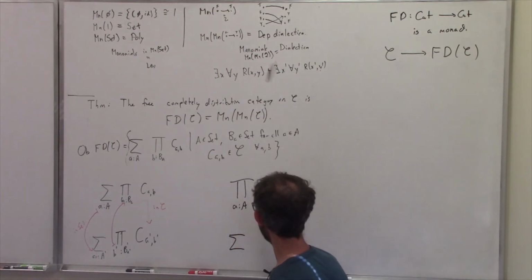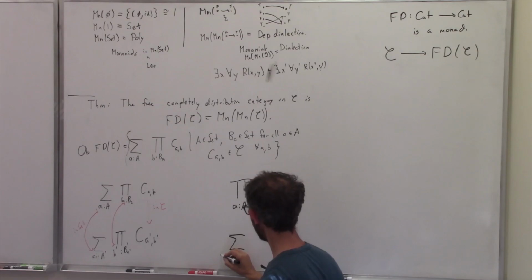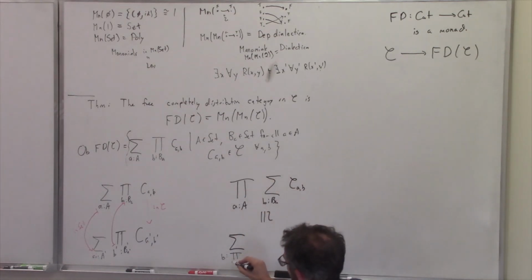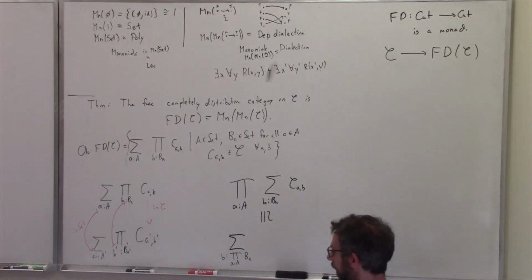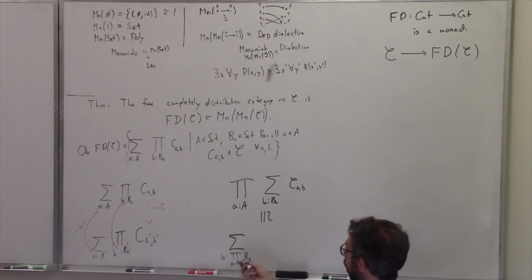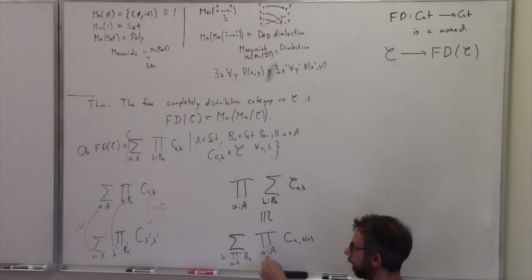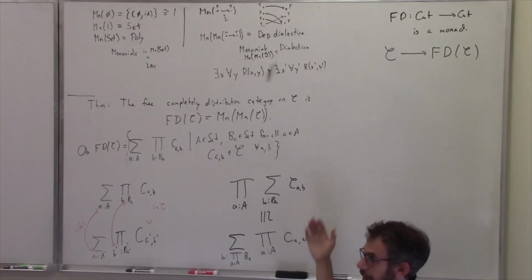As long as these are sets, A and B(A) are sets. So now we just have to do something terrible, which is to move this pi downstairs. It's terrible in the sense that it makes you have to write subscripts like that. But we just multiply up all these together and have that be the sigma, and then we get the pi over the original thing. And then we have C of A, comma, B of A, because B takes an A and returns something in B of A, and so we can write the same expression again.